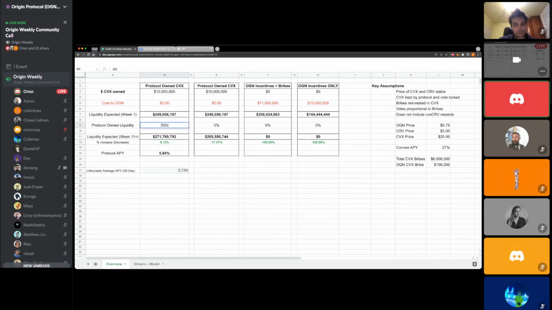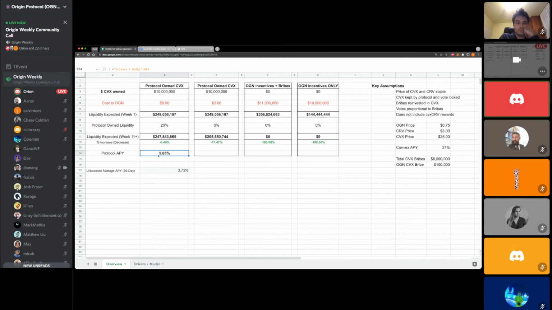It varies based on how much you put in here. If you only invest 20%, you basically break even. You keep your liquidity pool about steady. And this is all assuming that every CVX that the protocol is yield farming is going right back into vote locking. Every CRV is being sold, and that's where you get this baseline protocol APY. So this is coming 100% from CRV.